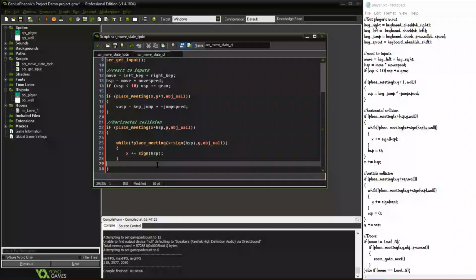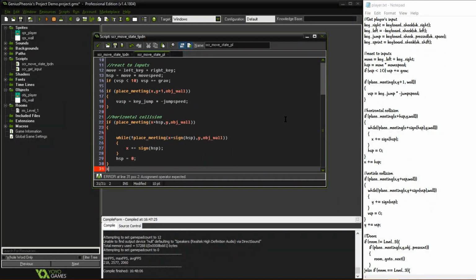But I still can't do it, it's fine. But we will leave that for now and just write HSP is equal to 0. I think I've explained that wrong, just ignore me. And then x plus equals HSP. Okay,